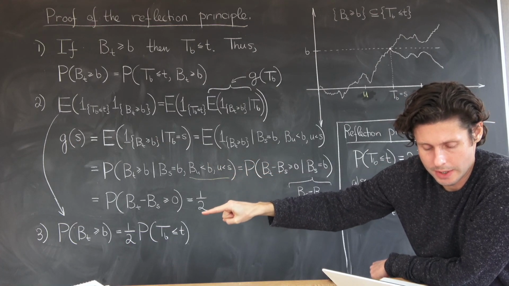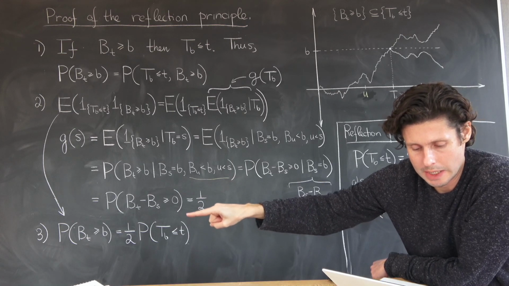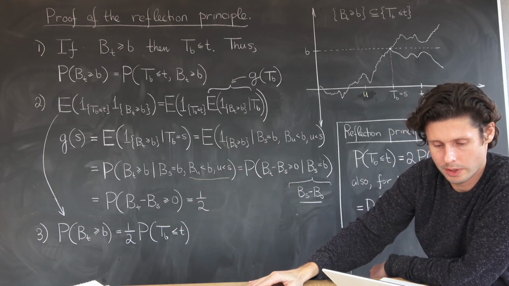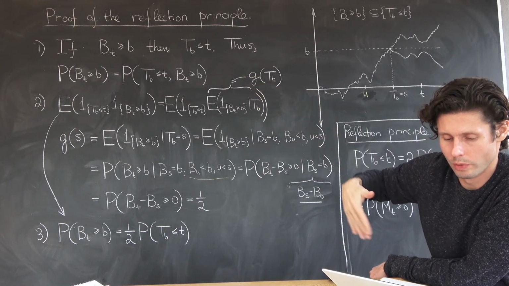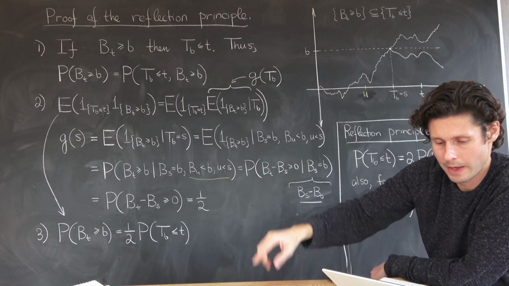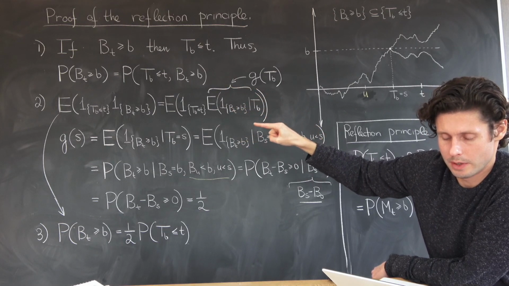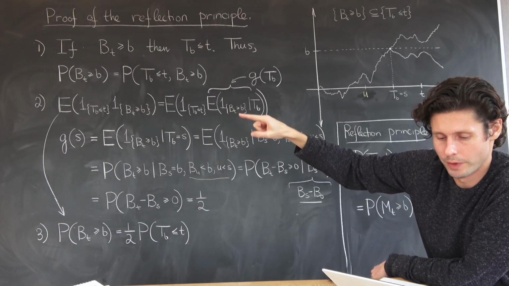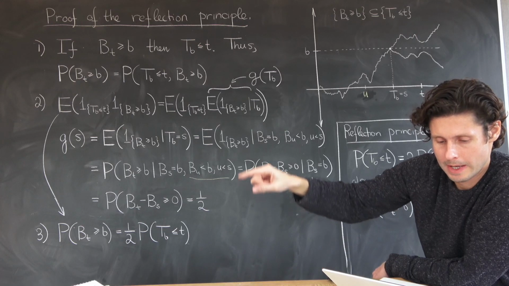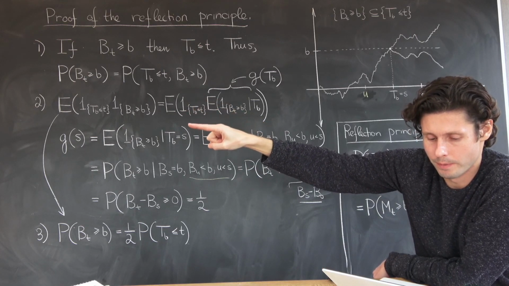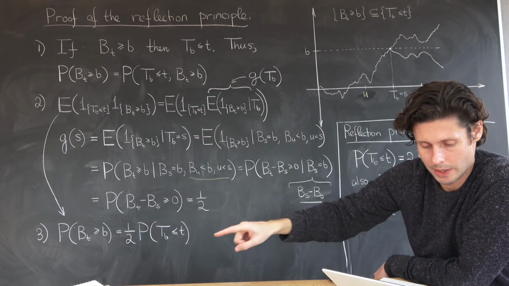One thing you notice is that regardless of the value of s, the value of the function g is 1/2. So it doesn't matter what time I feed it, this function just always maps to the value 1/2. If I substitute 1/2 for this conditional expectation, and this is the key part of the proof here, all of this complicated business becomes just 1/2, leaving me with an expected value of the indicator of the hitting time being before time t, and that's just the probability.